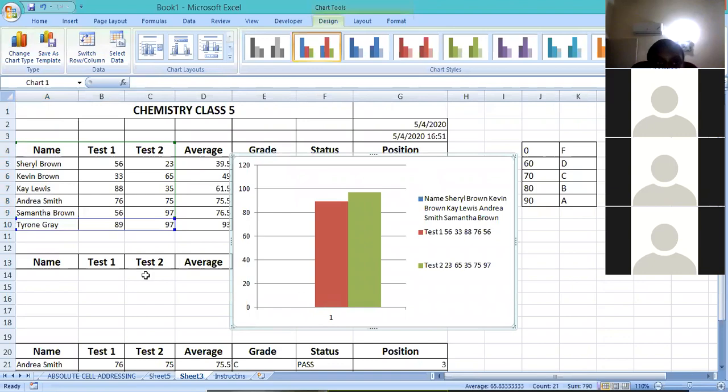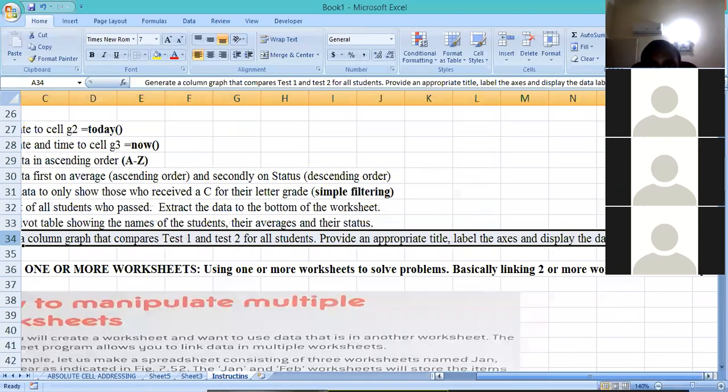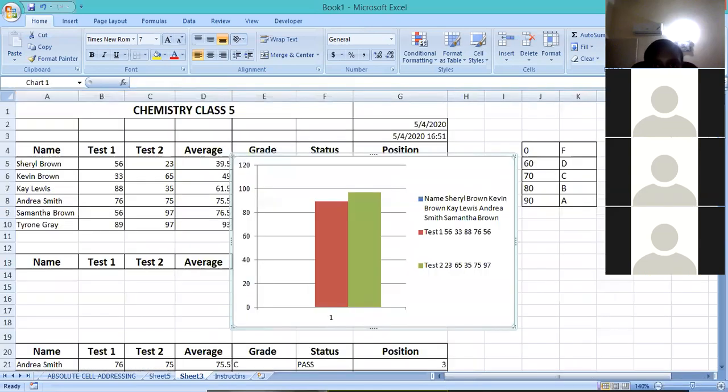All right, so when I choose it, look at how it comes up. But on the instruction, it says that we should have appropriate labels. And I'm sure in mathematics, you learn about X and Y axis and so on, right? So it's to provide an appropriate title. So we need a title for our chart and we need to label the axes, or X and Y axis, right? So to do that,